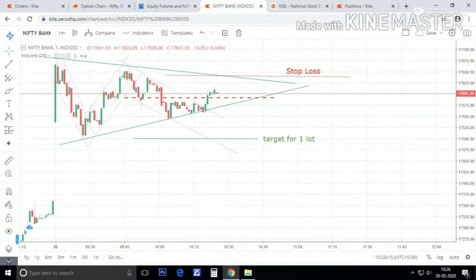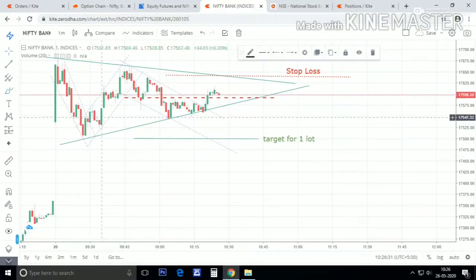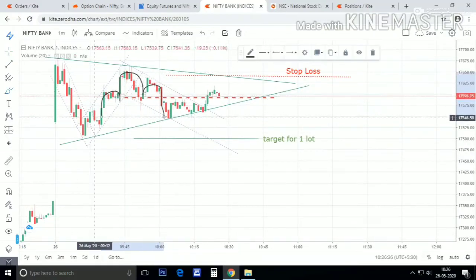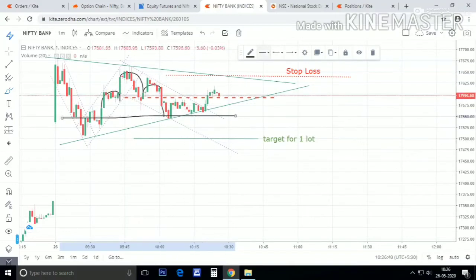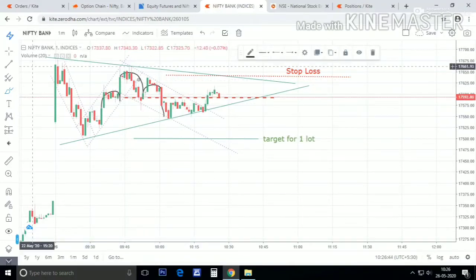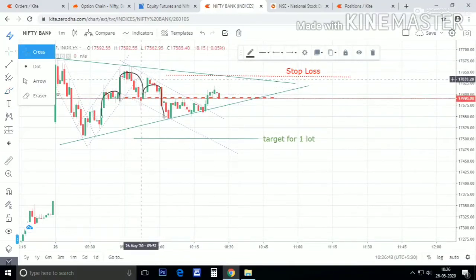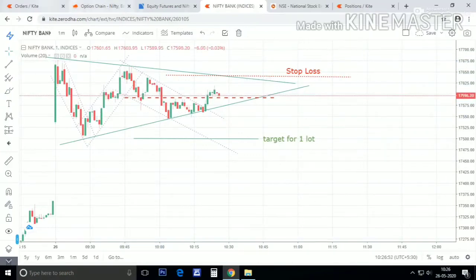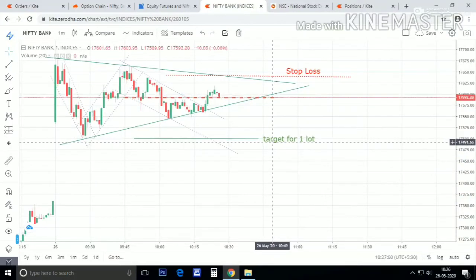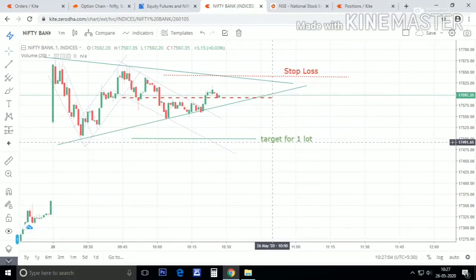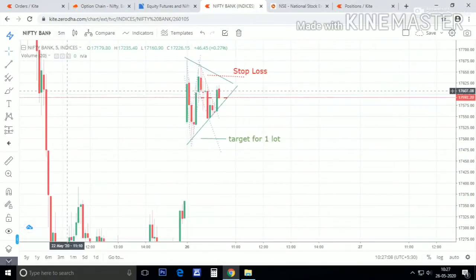Currently our loss has been decreased, and it is running around 50-60 loss. So let's see. You can see there is a head and shoulder pattern also. The left one is the shoulder, the upper one is the head, then another is the shoulder. It has broken the neckline, and yet it moved upwards. So there is a chance that it will move downwards, but let's see, we can't be sure.